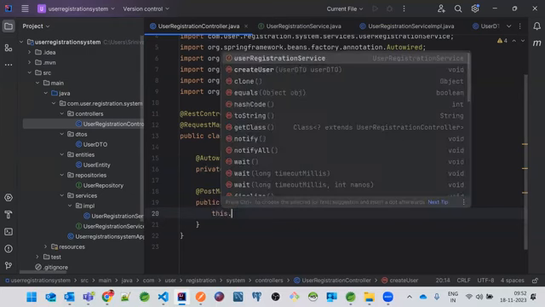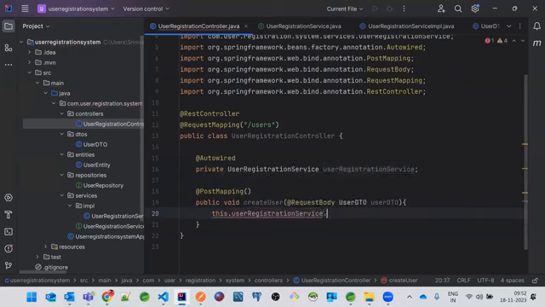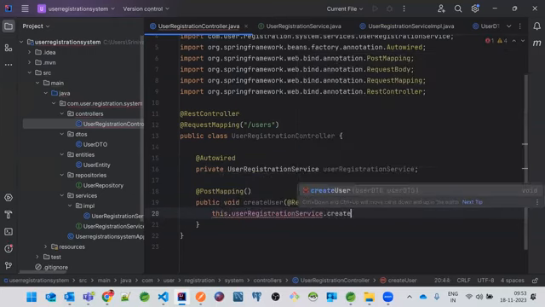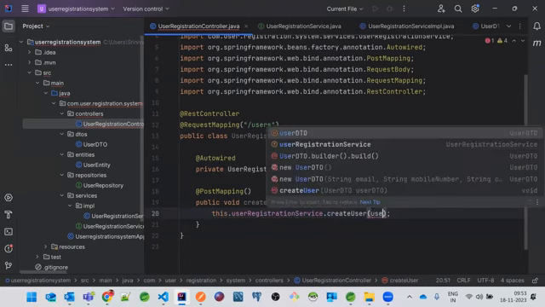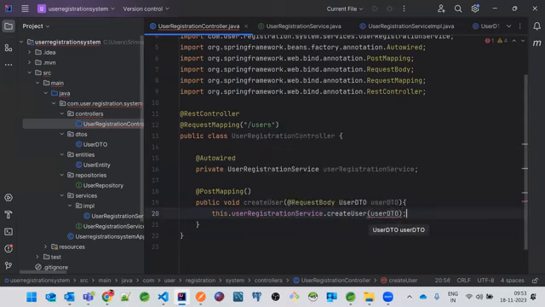Now this.userRegistrationService. The purpose of this controller is just to receive the request and pass the request to the service classes. In the service class, basically we will have some conversions, validations, and all this kind of things. Controller is basically used for receiving the request and returning the response. That's the total job of a controller. Okay. Now, if you go to this create user,